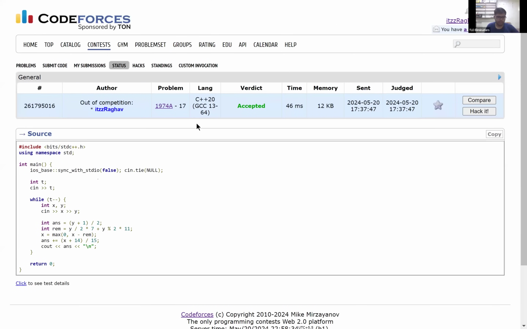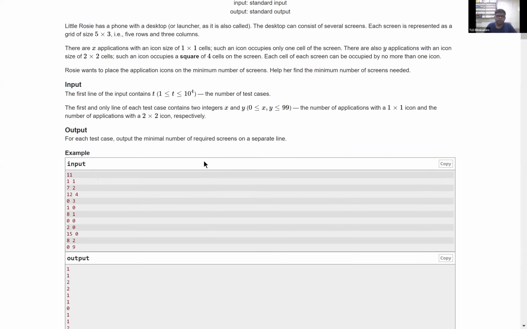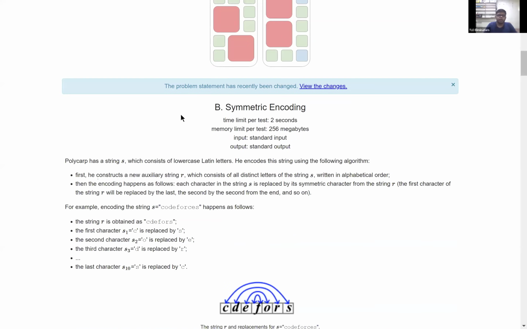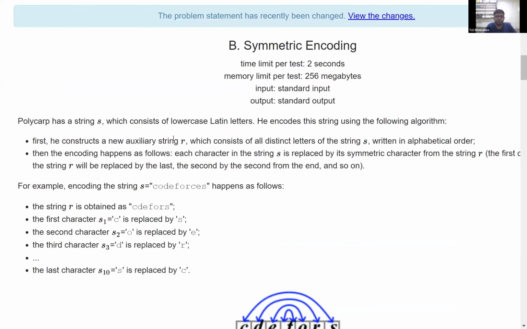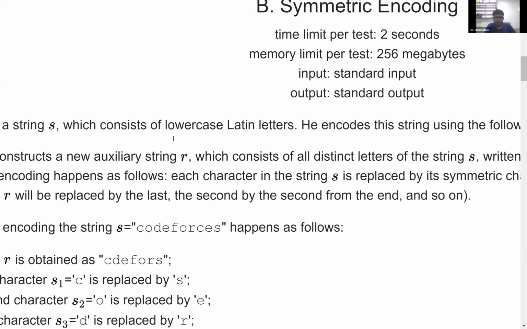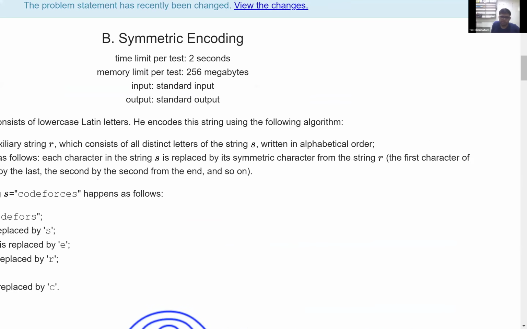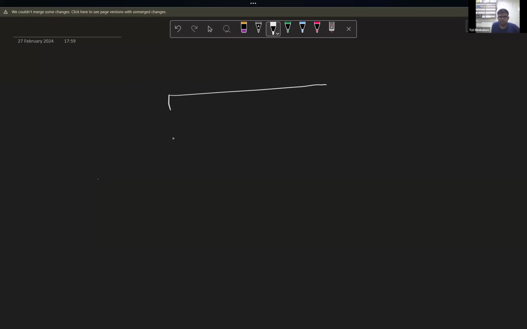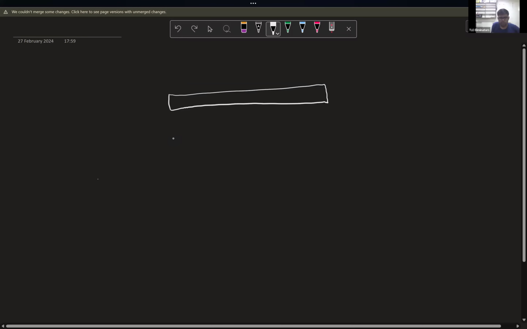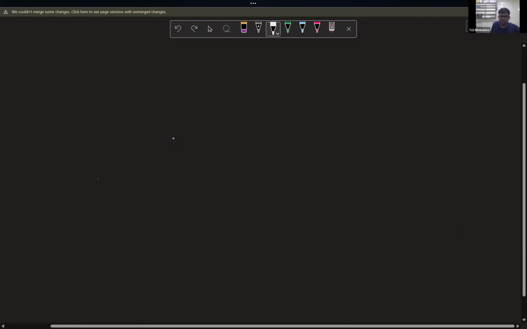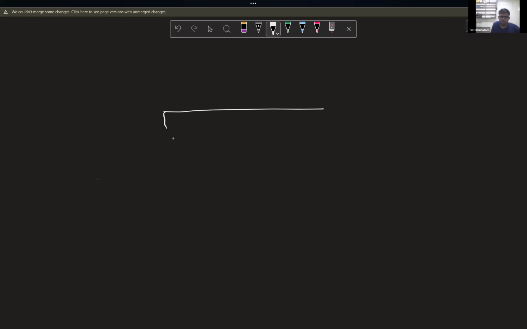Okay, so let's look at the next problem. The next problem is symmetric encoding. This problem says that Polycarp. Okay, let me tell you about this here. The problem says that you will be given a string, let's say like codeforces,